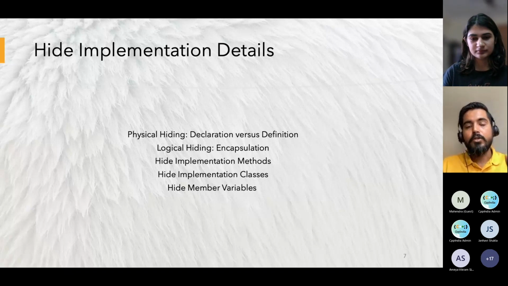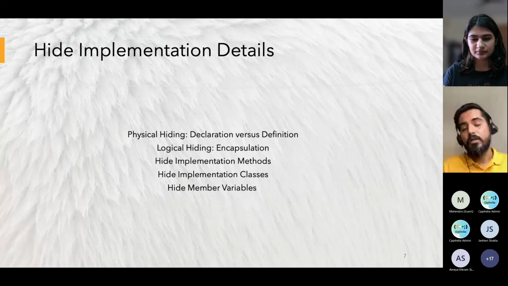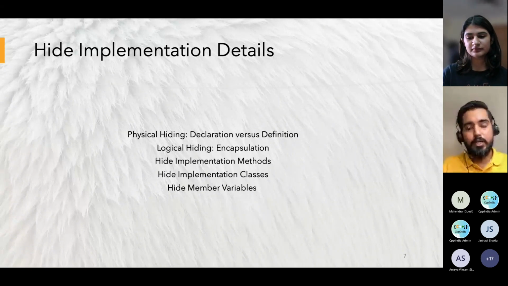So prefer using private members over protected or public ones, right? Because if you are writing public members, the user can manipulate them, they can play with them. So it's always suggested that you add private members, and you add getters and setters for them. And again, when you are writing getters, try to make them constant, right?